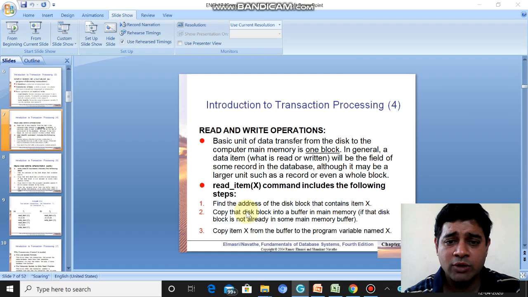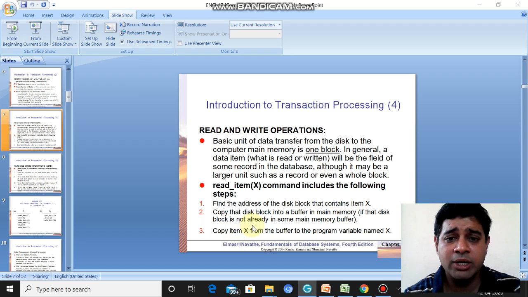Next, it will copy this disk block, that is the value of X, into a temporary memory, that is a buffer. Then from this buffer, X will be copied